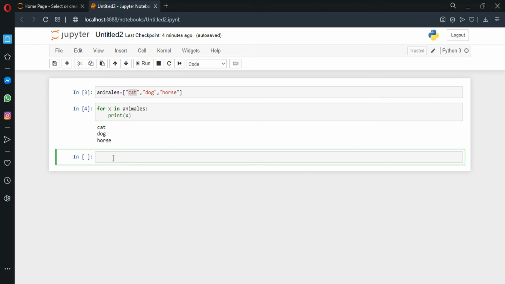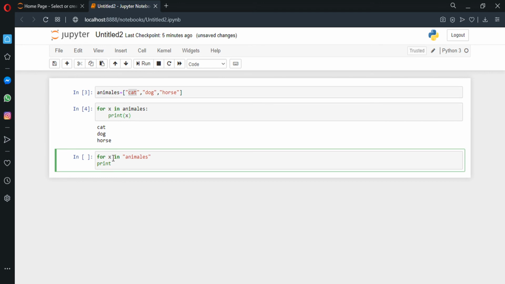For example, if you have a string, for example, for x in this string, for example, the animals,